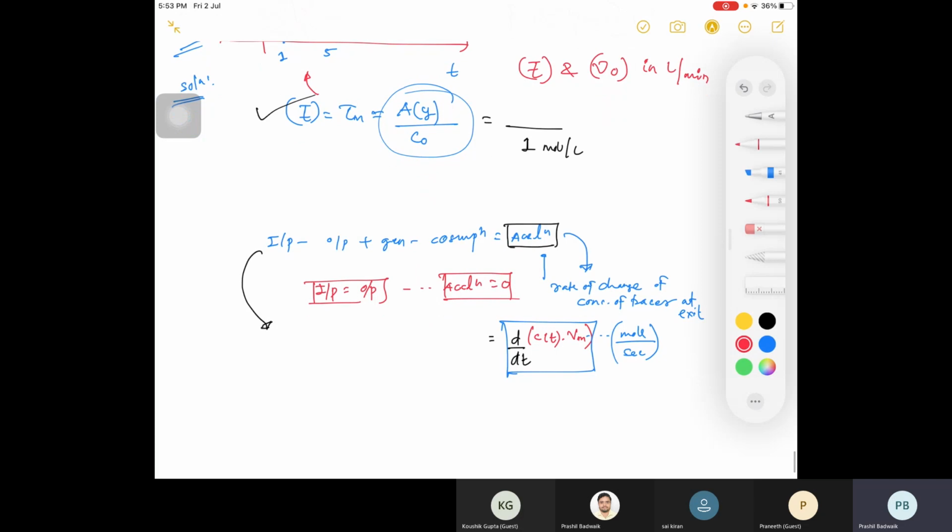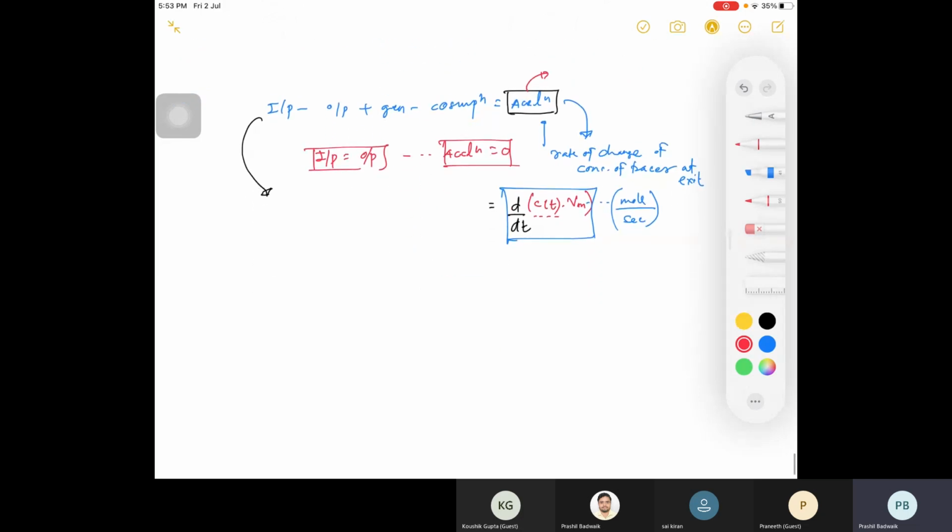So instead of accumulation, you use this term, and you can see it is the actual balance. The concentration of tracer is continuously changing. If you refer to it as accumulation, there will be confusion, but if you consider it as rate of change, then it is clear. I hope you are clear with this. Please raise your hand if it's clear. So you consider it as rate of change of concentration, and the concentration of tracer is changing continuously.